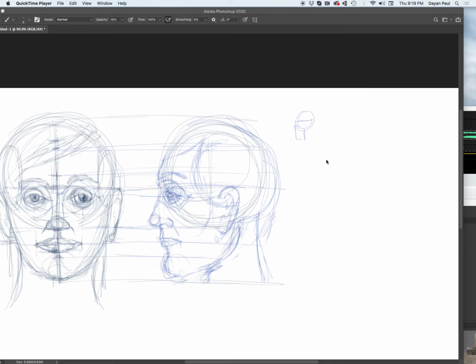So last but not least, we're going to draw a three-quarter view. The three-quarter view is a little bit harder, right? Because now the head is turned. So again, we'll start with the cranium. And we're going to want to figure out,